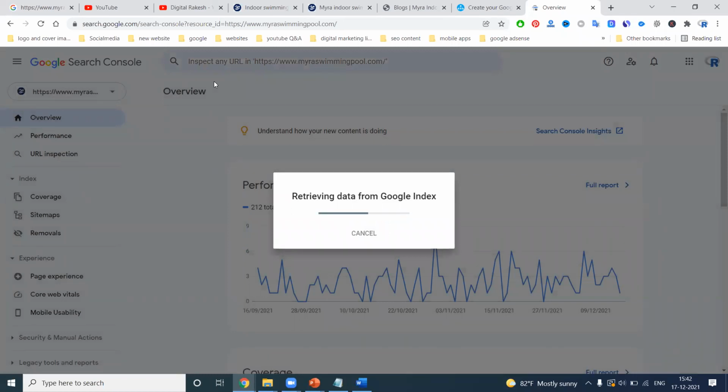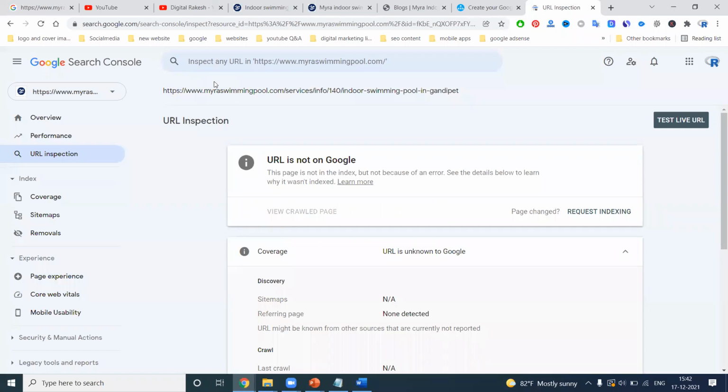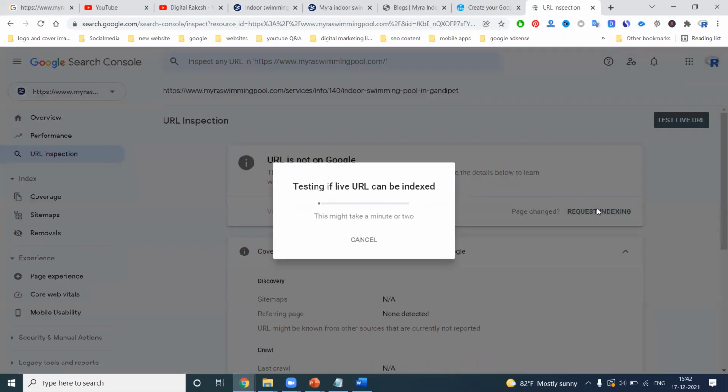This will be indexing through the Google Search Console option. Now click on request indexing. So it is coming here. This indexing procedure for any particular new URL is the same for Google Search Console. For Bing it will be Bing Webmaster, and for Google it will be the Google Search Console option. This is all about how we can optimize your website for Google search engine purpose.